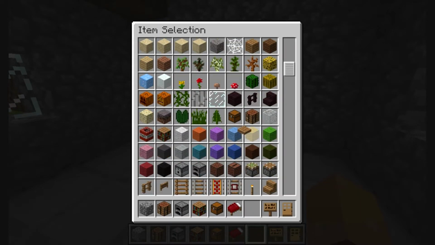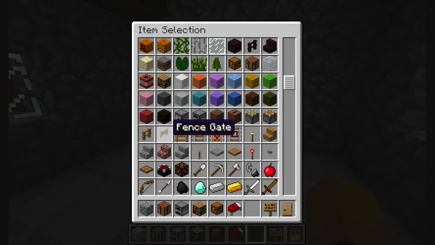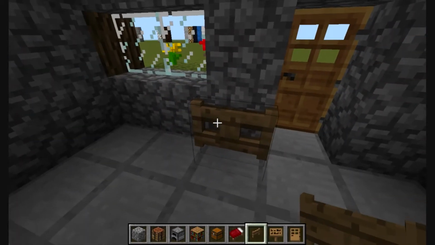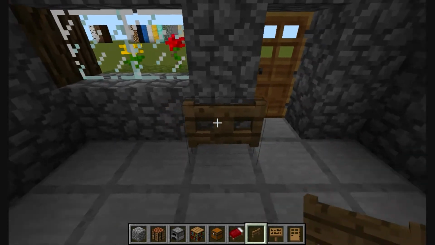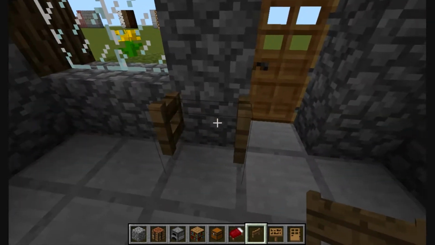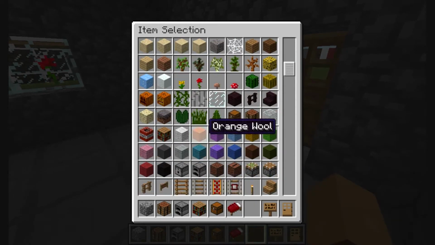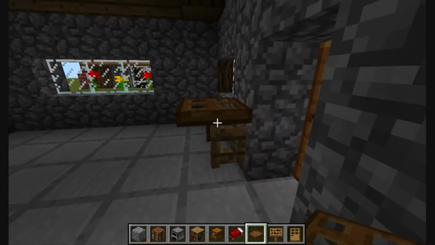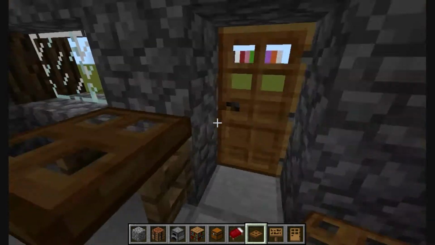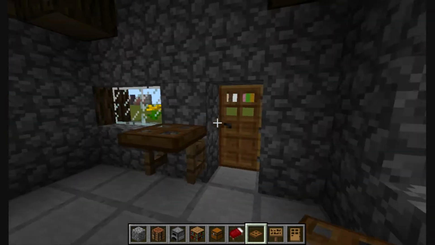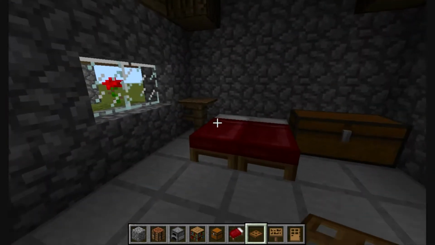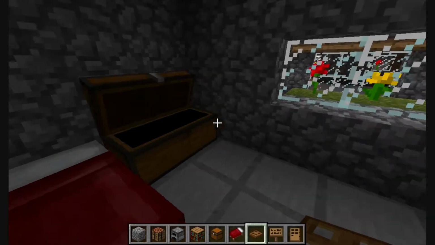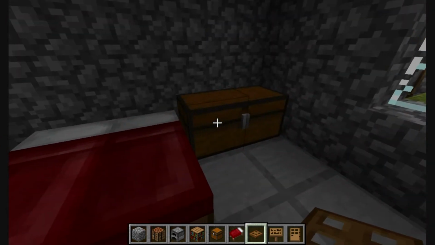Now, as you saw from a house beside us, if you take a fence gate and place it right there and right click it to open it, and then take a trapdoor and place it on top, it looks like a table when you walk in the door for keys or whatnot. So you have your fence with the pressure plate on top, you have your bedroom, you have your storage, and also instead of a chest,